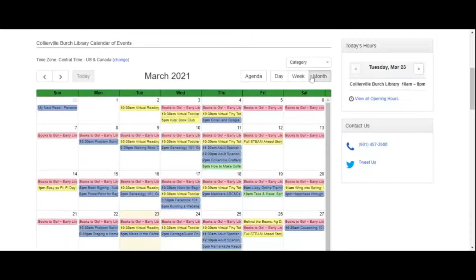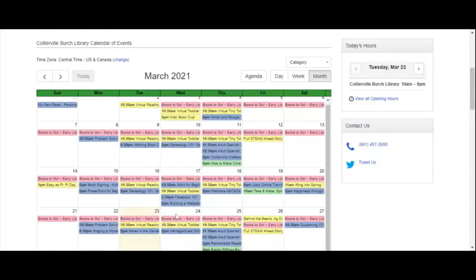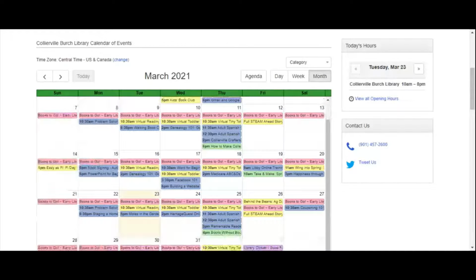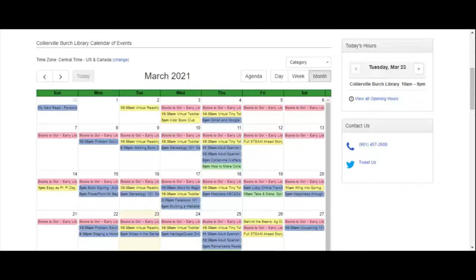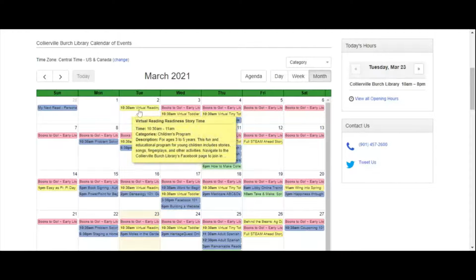You may be wondering, I am seeing some beautiful colors on here, but I'm not really sure what they mean. So now we're going to go into what each color means on the calendar, and then we'll learn about the registration process. So the first color I see in March is this pretty yellow color. And this is the color we use to distinguish children's programs. So these are programs specifically geared for children,